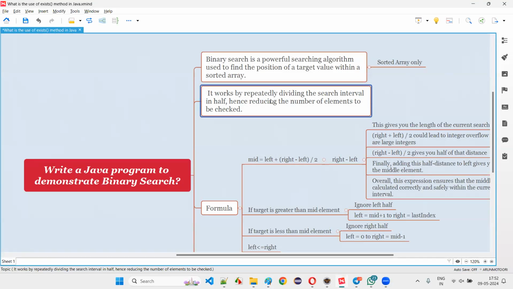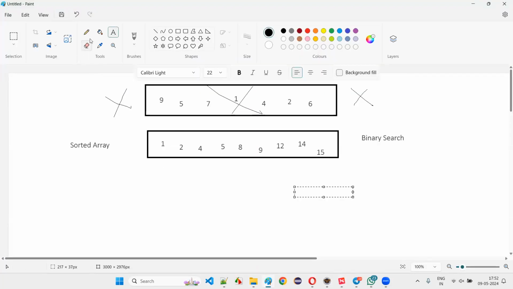It works by repeatedly dividing the search interval in half, hence reducing the number of elements to be checked. Why is it fast? Because the mechanism is very simple, guys. Whatever element you are searching for, for example, let's say 14 is the element you are searching for in the sorted array. Let's assume the target element is 14. Now, to find the 14, first it will get the index of